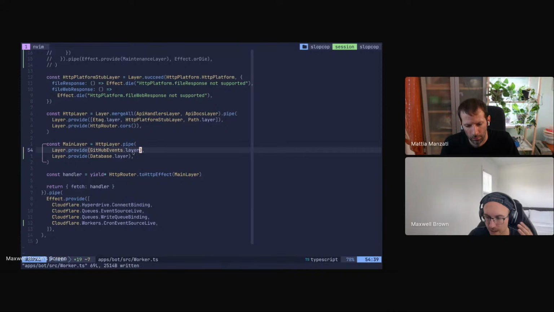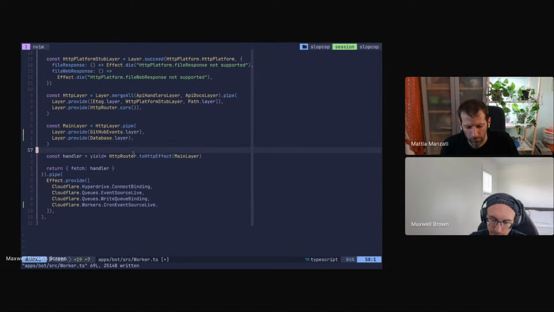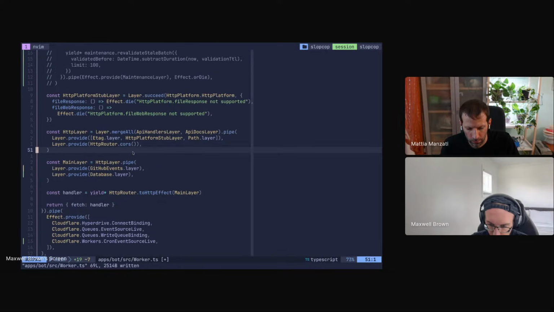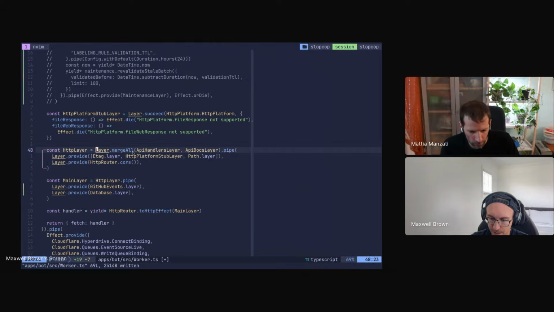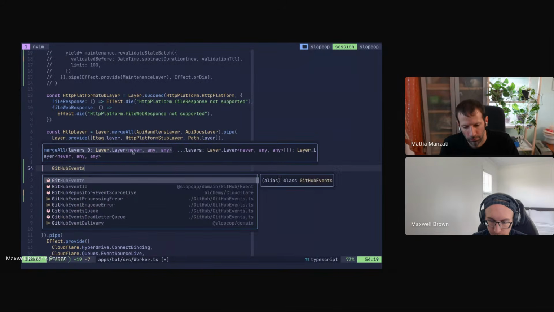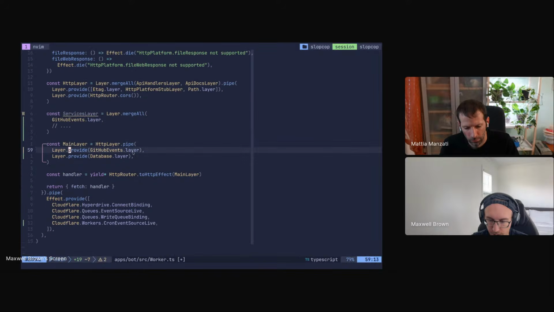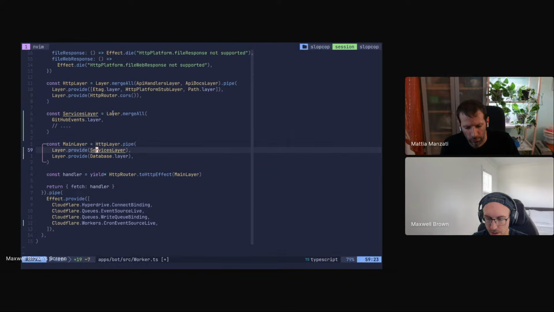It's why we recommend it. It's to keep the main of your app from getting out of hand. And in most cases, if you do it right, you'll end up with a main layer where you can just merge together a bunch of services and then provide what they need. I'm not really doing things super cleanly here, but I could just have a services layer where I do layer.merge all, and I have GitHub events.layer and maybe a bunch of others later. And then I just include that here in the main layer. So instead of this, I would do services layer. My HTTP layer uses my services layer,